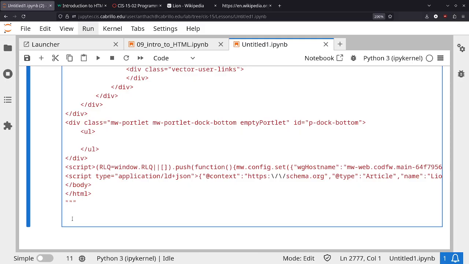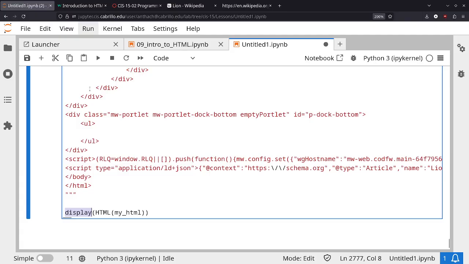We can use a function that we imported. We did import a library that will allow us to use my_HTML. So we do have a string called this. I can go ahead and convert this into something called an HTML object, and then this will allow us to pass it into a display function. There's a display function. It's kind of like a fancy print, but it's going to be able to render HTML. So here, let me go ahead and run this. I'll press play,